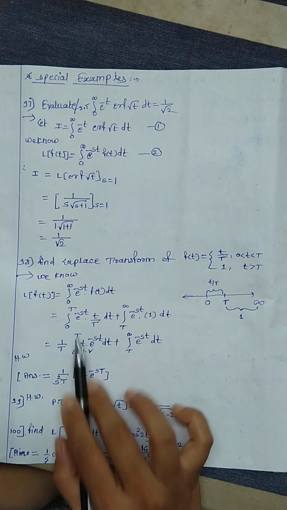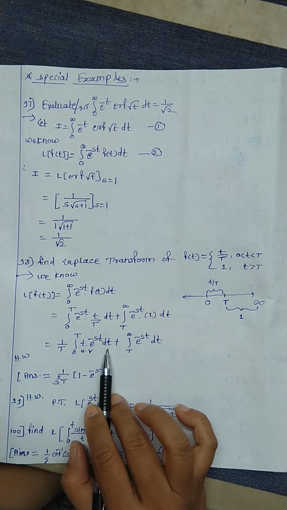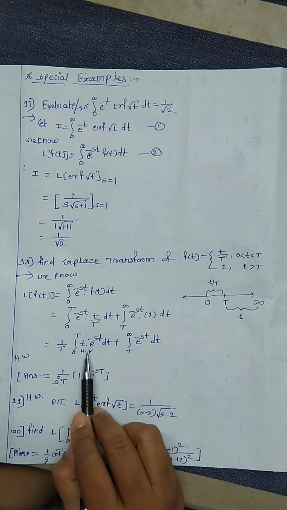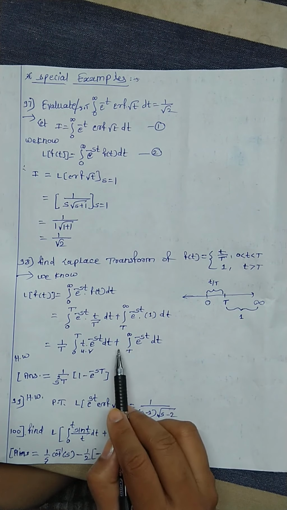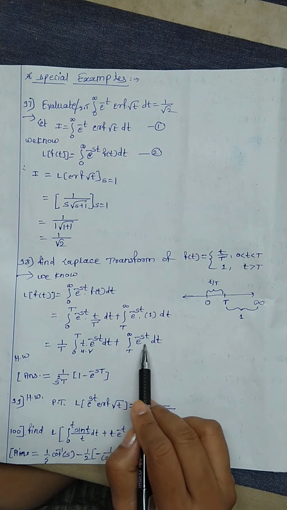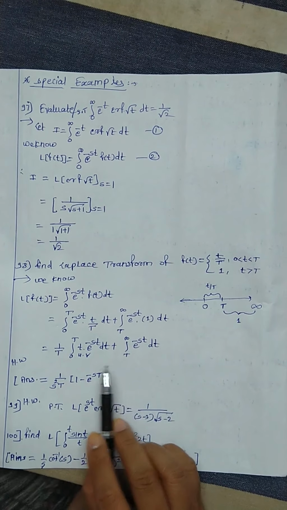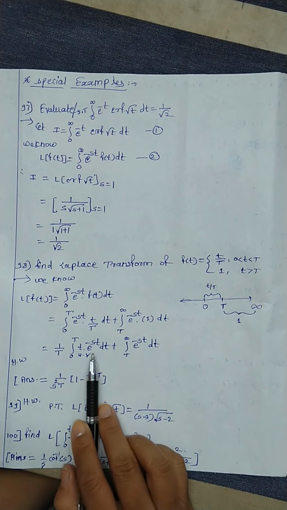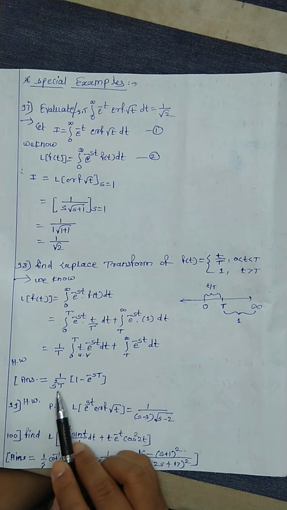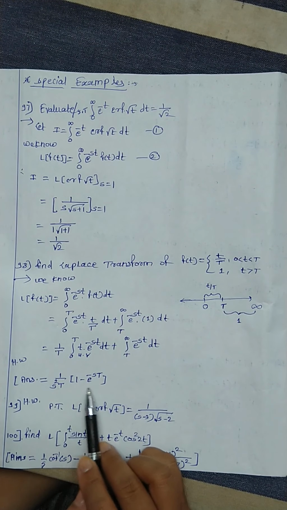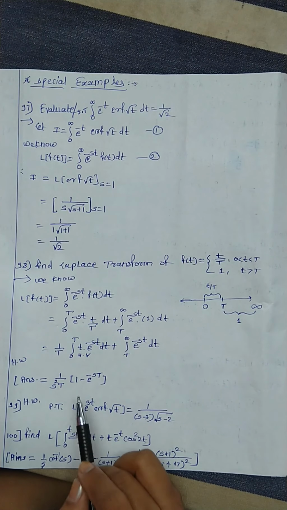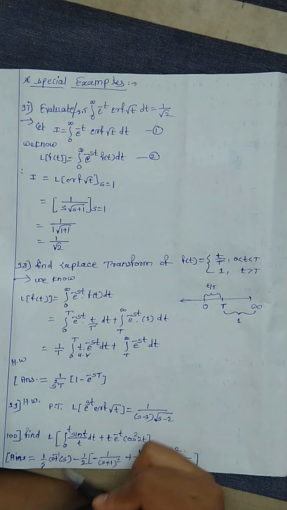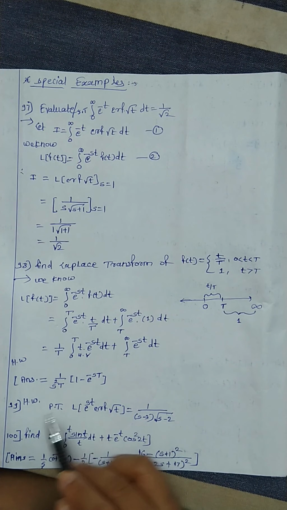The integration becomes, take t first, t into e raised to minus st dt. You have to use the u into v rule here. We have already done this so many times. Okay, plus the integration of e raised to minus st, we know this. Okay, this is your homework. The answer for this question is 1 upon s square t into bracket 1 minus e raised to minus s capital T.